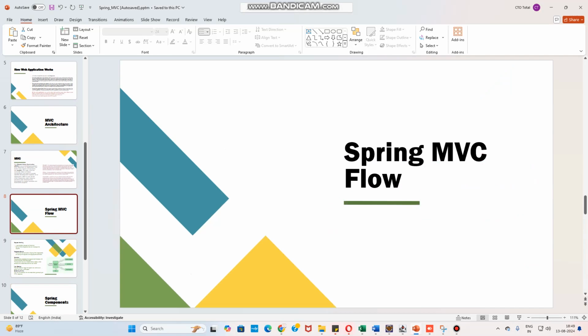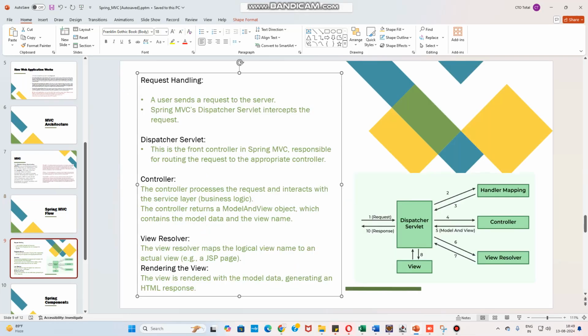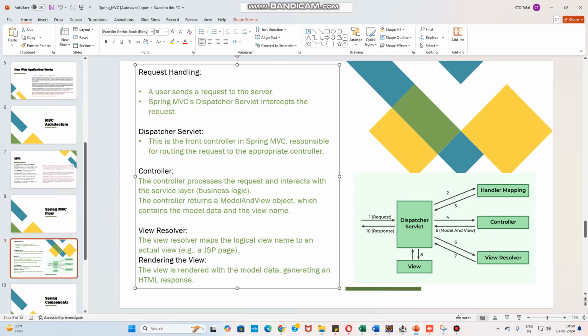So how is the control flow in Spring MVC? Okay. We have request handling, a dispatcher servlet, controller, view resolver, and rendering the view. If you see in the image, this is the control flow of a Spring MVC application. We have the central dispatcher servlet, handler mapping, controller, view resolver, view, and then the response. Okay. Now request handling. Whenever a user sends a request,